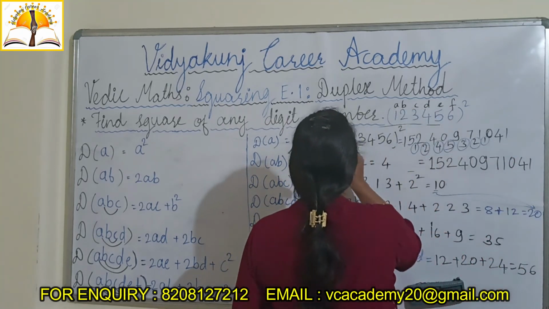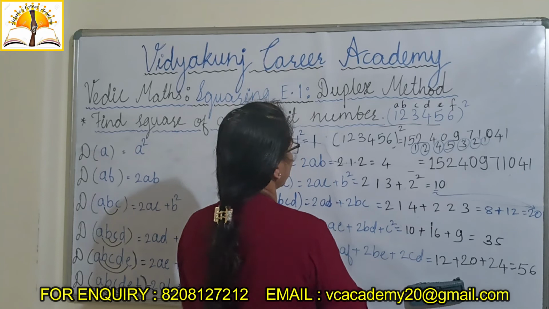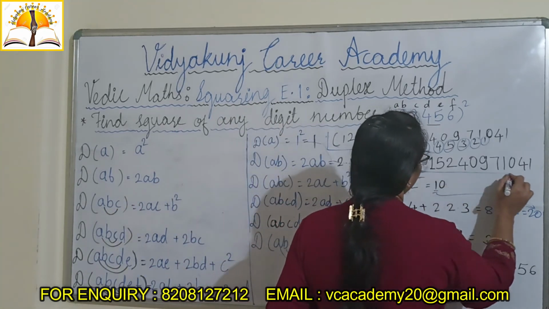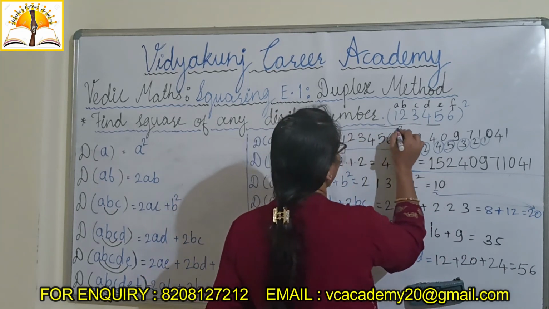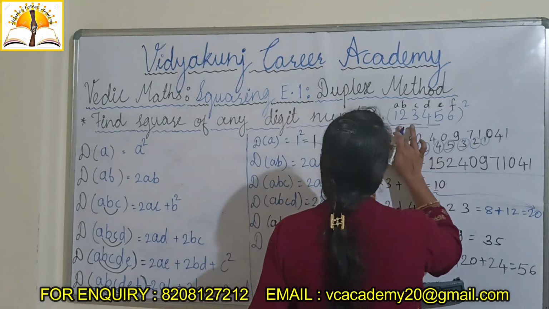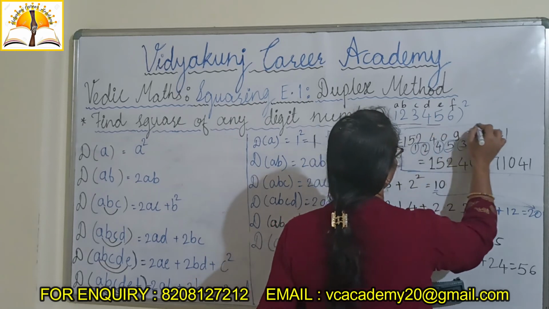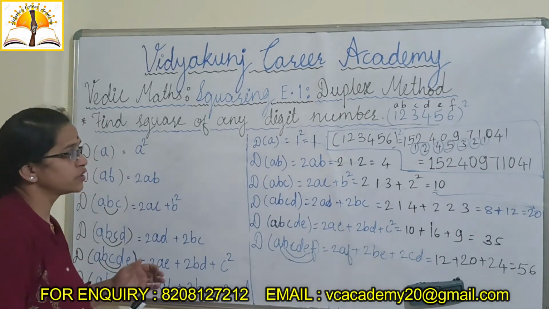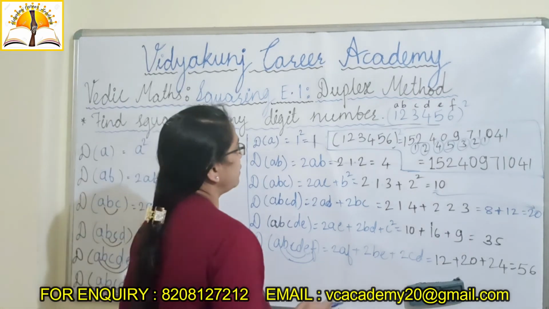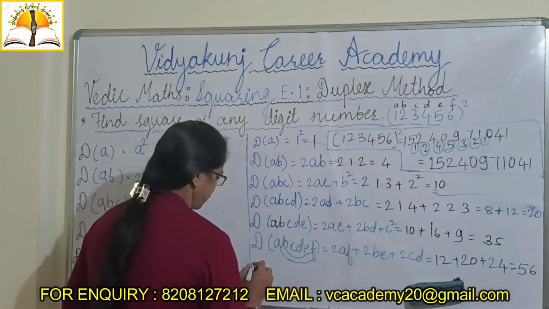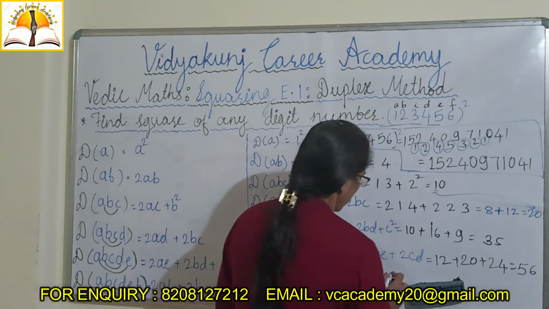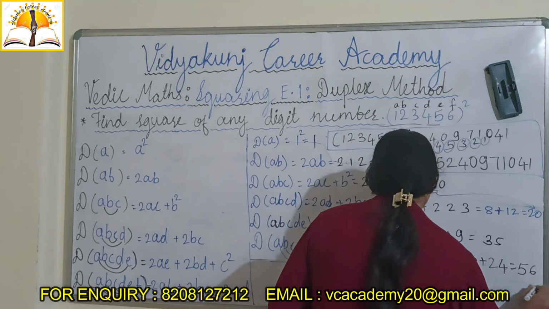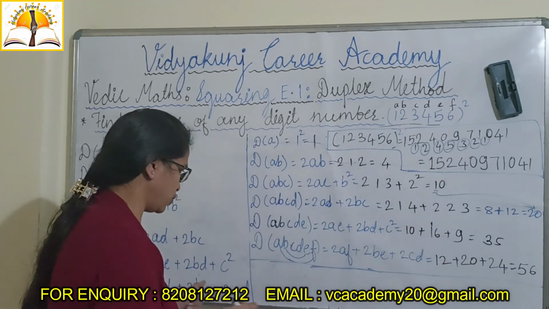Okay. This is our answer for the square of this number. In this way you can take out the square of any given digit number. 2-digit number, 3-digit number, 4-digit number. It makes no difference. Yes or no? You have to do it. Then I will give you one number. Okay. As homework I will give you this. You have to do it. If you have any query, you have to put your query below my video.